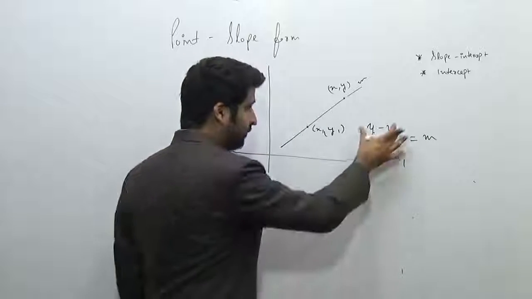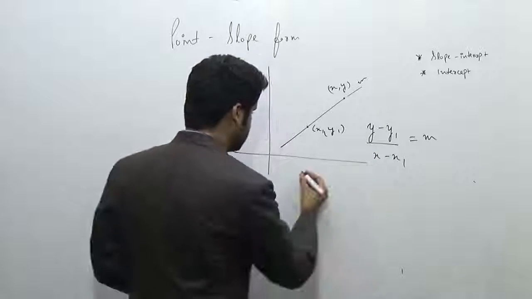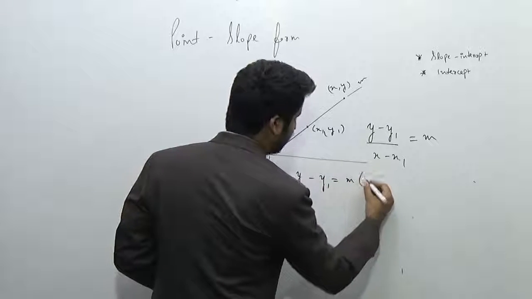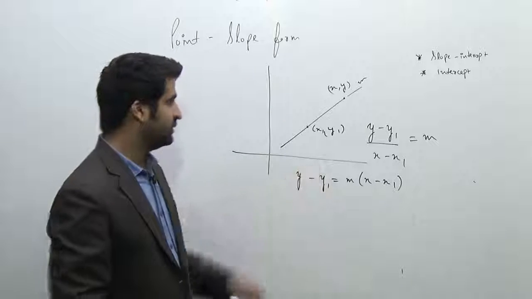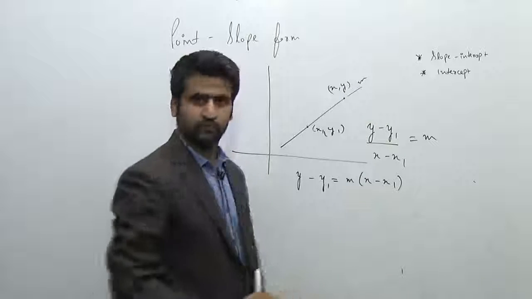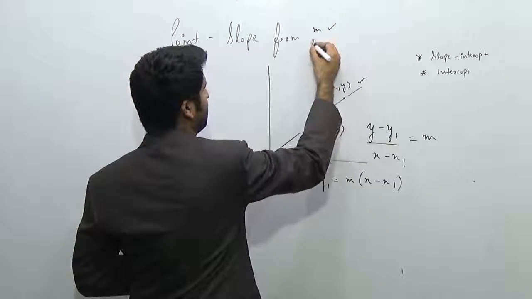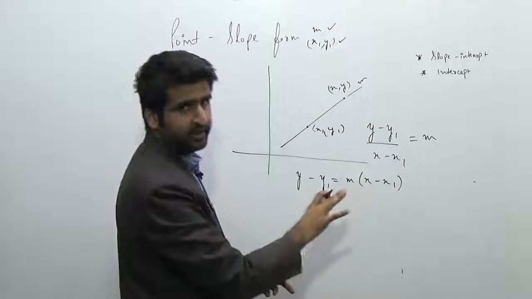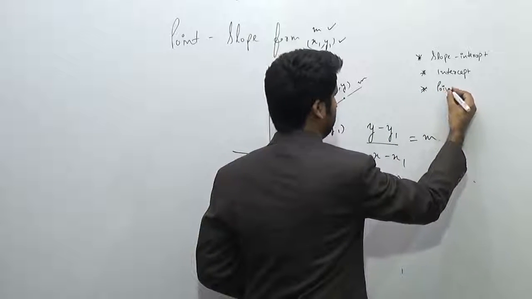So what we did is we just generalized the equation of the straight line. Okay, so the equation of the straight line will be y minus y1 is equal to m times x minus x1. Okay, so what we did was we equated the slope we are getting from these 2 points to this slope which is already given. Okay, so in this case m is given as well as 1 point is given. Okay, so we can easily find the equation of a straight line. So this form is point slope form,